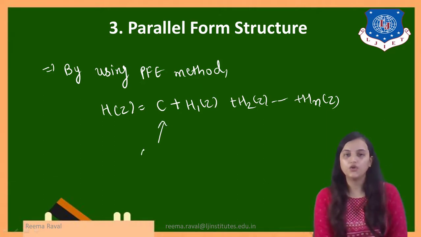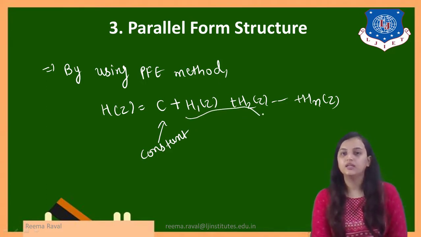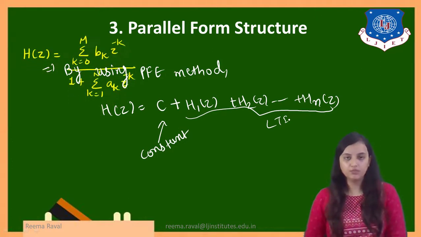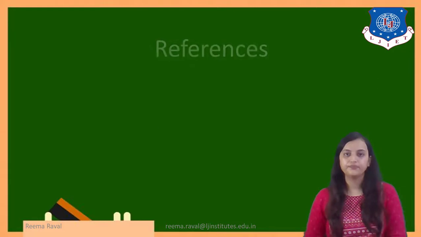Here C represents the constant value obtained from the partial fraction expansion method, and the others are the remaining terms of the system function. Using this we will obtain the parallel form structure, which will be represented in terms of a parallel structure. The previous one was the series structure, and this is the parallel form structure. But to obtain the parallel form structure, we are going to use the partial fraction expansion method to get all the equation in terms of addition terms. So these are the basic three forms for the structures of IIR systems.